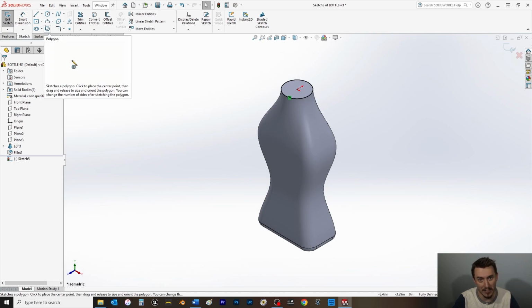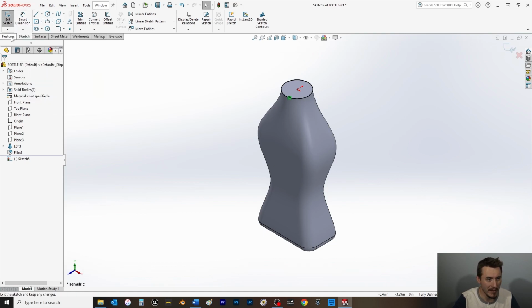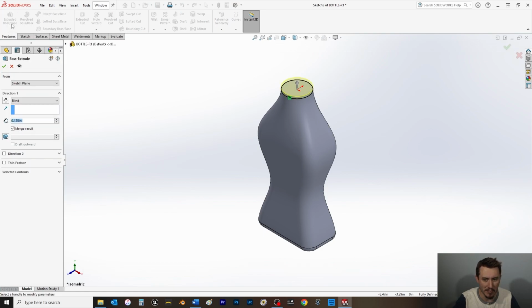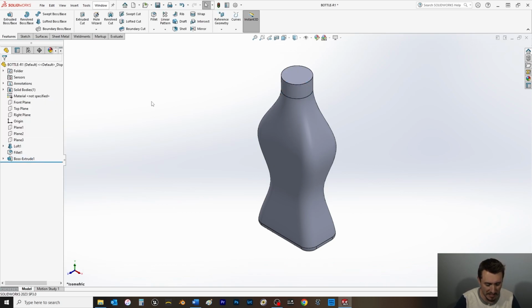Without having to sketch or draw dimensions. And then from here we can literally go to the Features tab, choose Extruded Boss Base, and that is going to be an extrusion height of 0.75. Click OK. Click in the graphics area, hit Control S, and we're going to do another feature stacked right next to that,